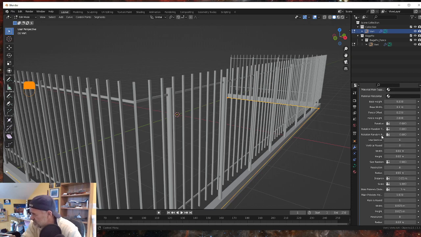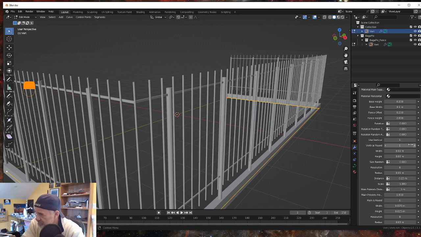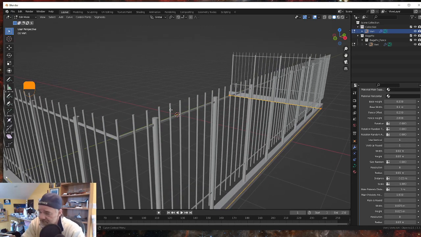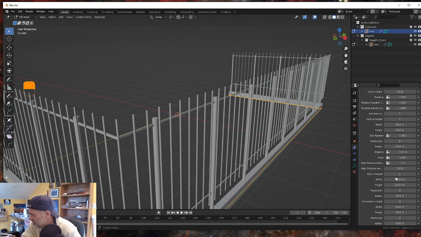See if we have use vertical. Again, that's a Boolean, true or false. 1 is true, 0 is false. If you want those round, you're going to make this true, and now all of these vertical members are now cylinders. And then this crossbar, this horizontal right here, use horizontal, that is down here